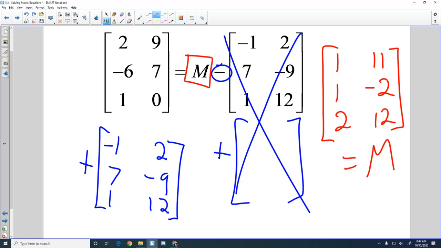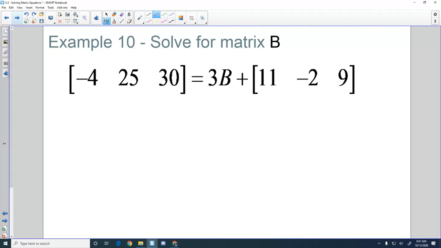Are you okay with this? Like opposite operations, right? Add or subtract. That's the basic part. Okay, here, let's go ahead and jot this down. It's a 1x3 matrix, -4, 25, 30